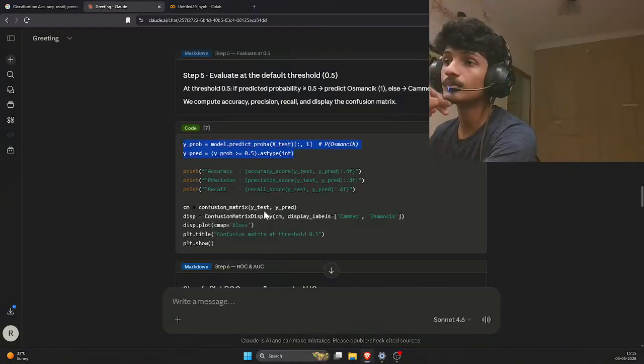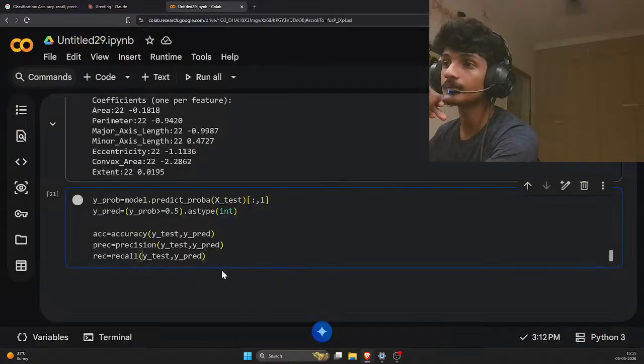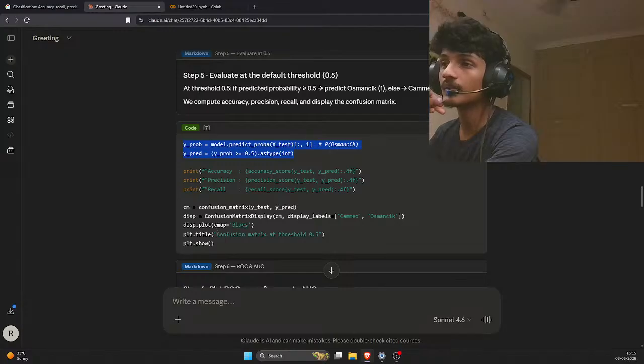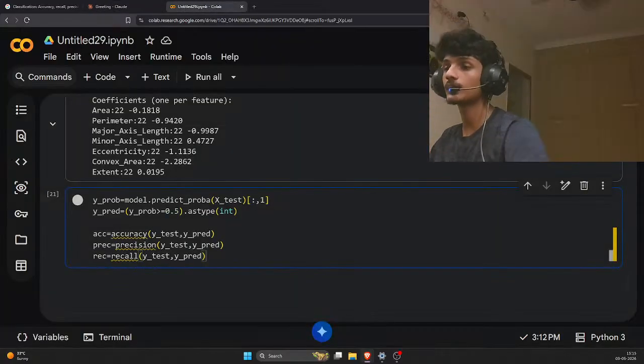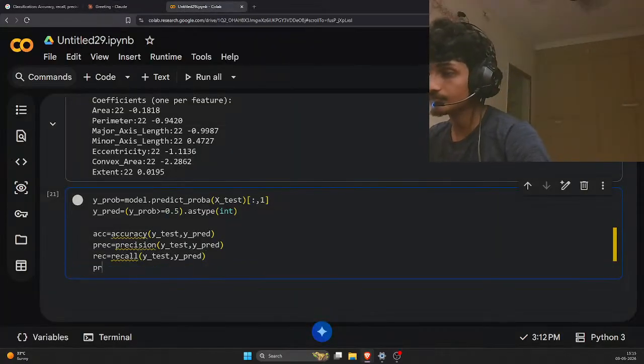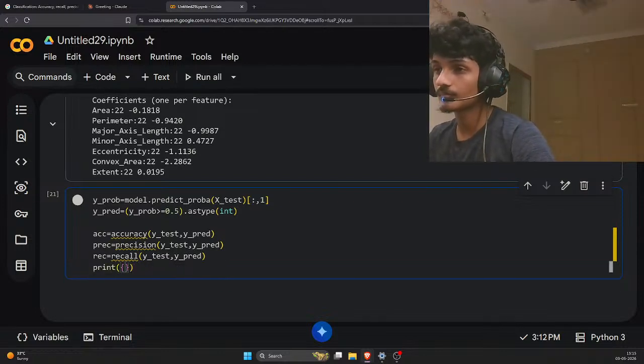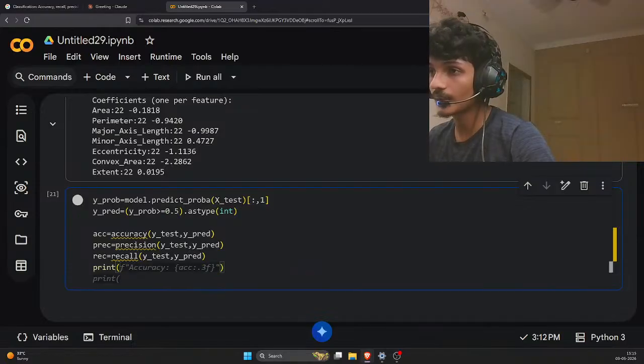Then what we do, then we need to print them, but before that we need to draw a confusion matrix. Then we need to display that confusion matrix with display labels as Cameo and Osmancik. Display dot plot, cmap, this is from matplotlib. Let me do this quickly. Print accuracy as